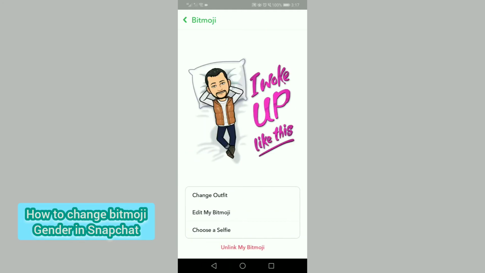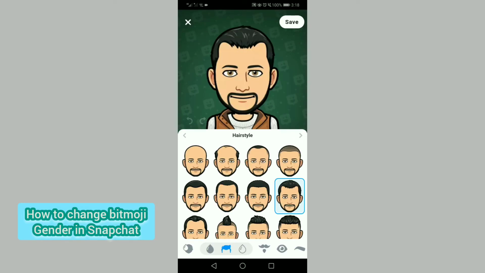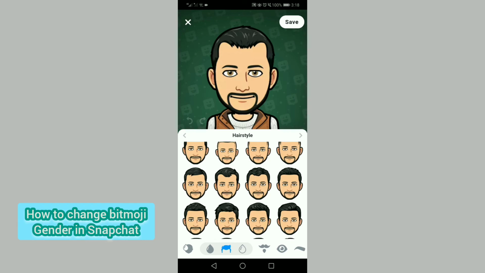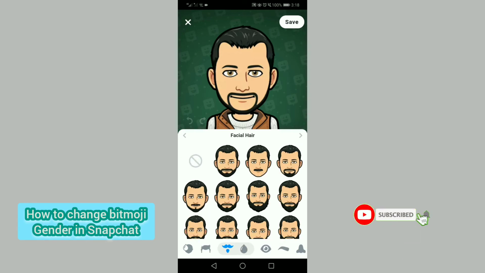and here if you tap on edit my Bitmoji, you will only be able to change your outfit and appearance from the options below, but you cannot change your gender. So for this, go back